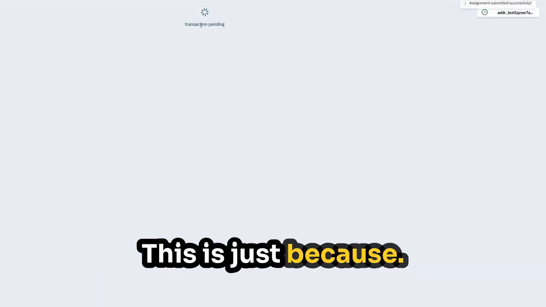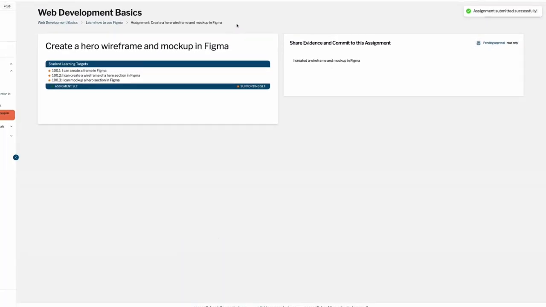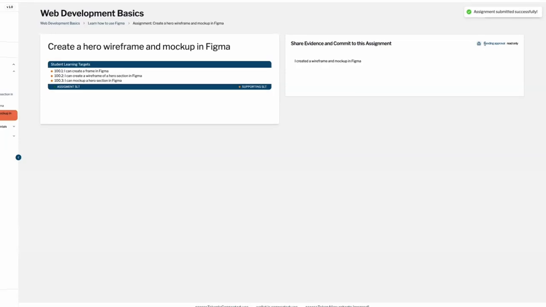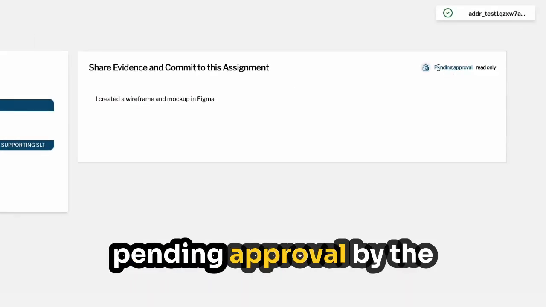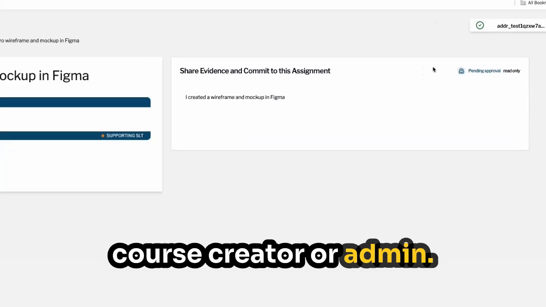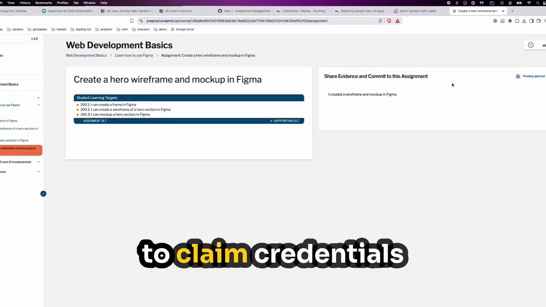This is just because of how the blockchain works. It takes a little while for everything to be confirmed. And you can see here now that I've submitted the assignment and my status has been updated. It's now pending approval by the course creator or admin. Once I get that, and I'll show you in another video, I'm going to be able to claim credentials for